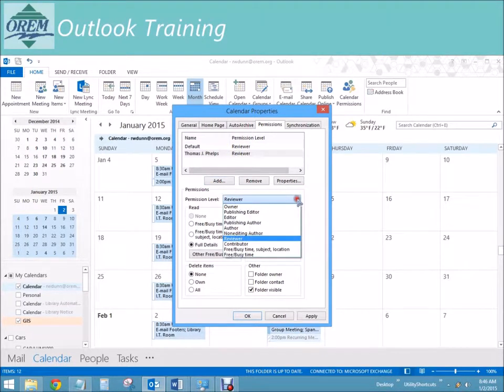But because he's my boss, perhaps he can do more than just see everything. Let's see, a publishing author. Okay. By giving Tom publishing author permissions, he can not only see the details, but he can also delete items